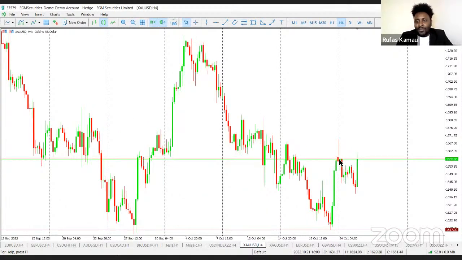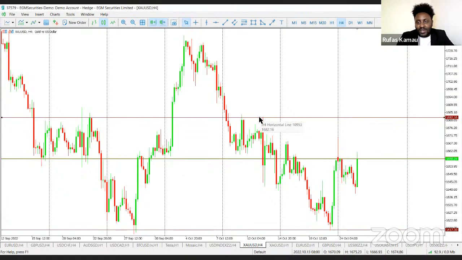We could see some further upside, perhaps towards the 1620, 1680 price level. This particular high here might be very significant if gold manages to close through the current resistance level at around 1658. You can already see the price levels here that were acting as support. This is the level right here. It was acting as support previously, so now that the market is getting here, it's also acting as resistance.